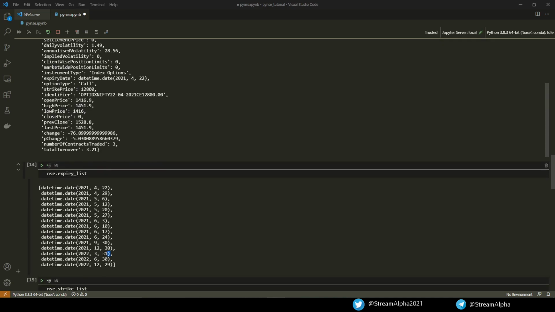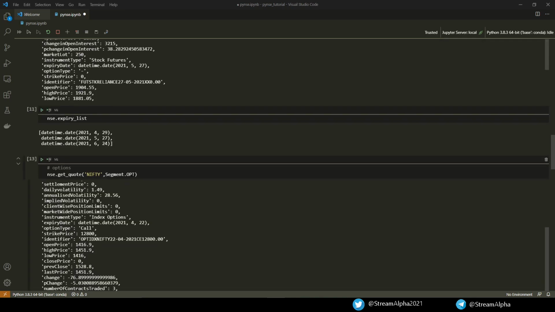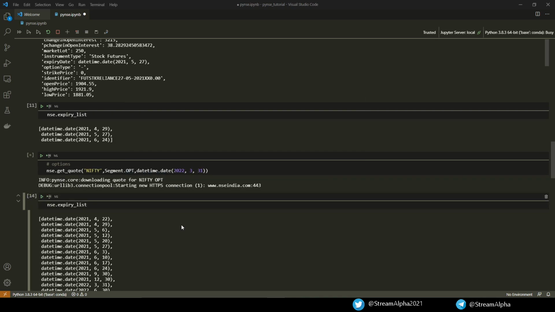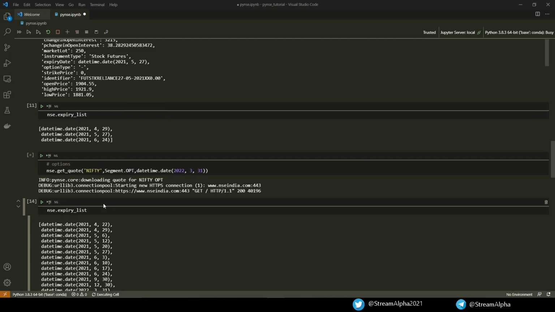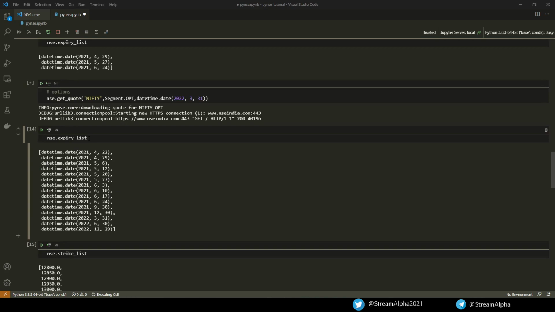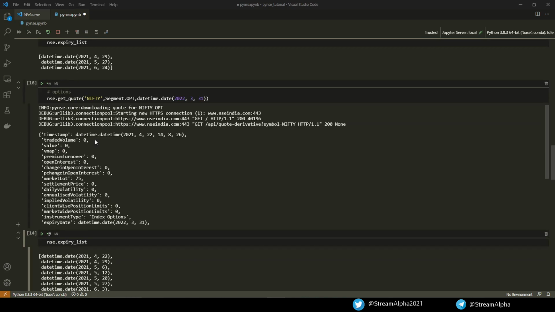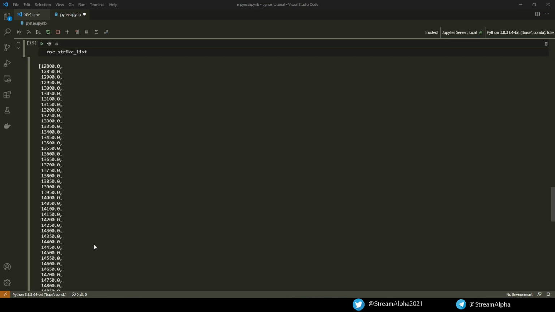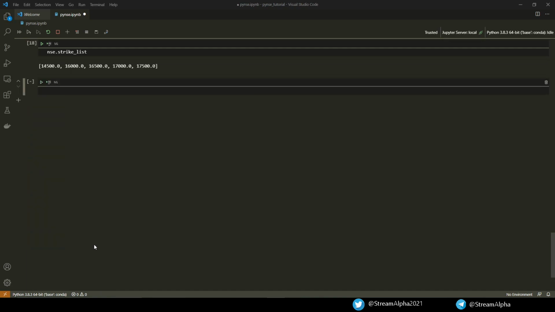Now coming back to the point, if you want to request code for a specific expiry, you can do that by specifying argument expiry in getCode. It's a datetime.date object, and run this once again. In this way you can get the real-time code for desired expiry date. With that you can see the list of strike prices also get filtered for that expiry.